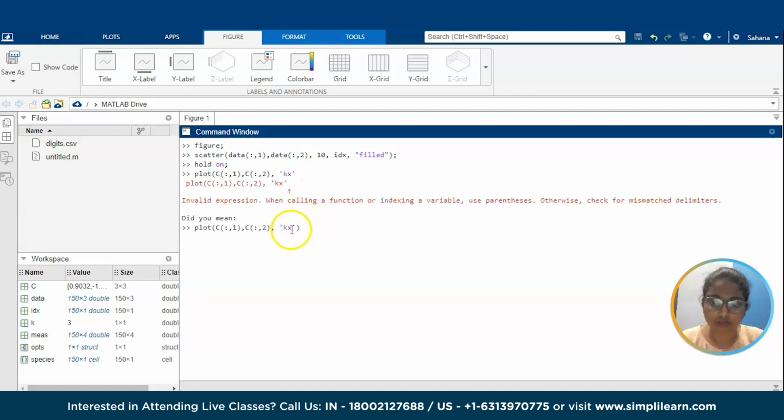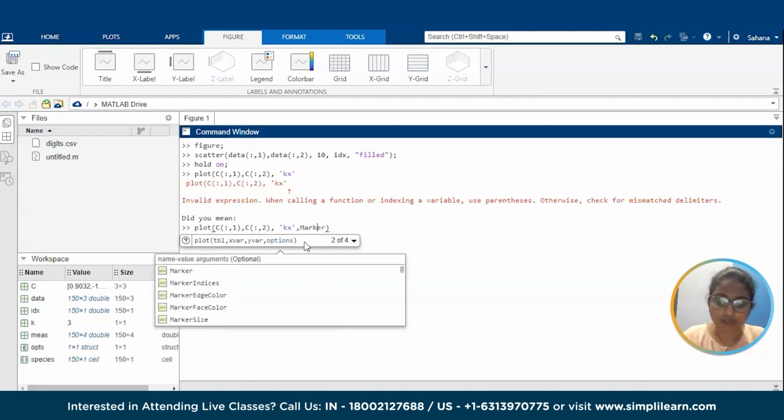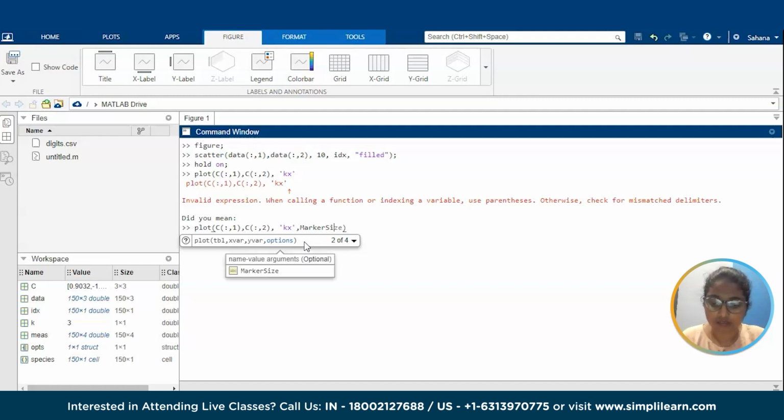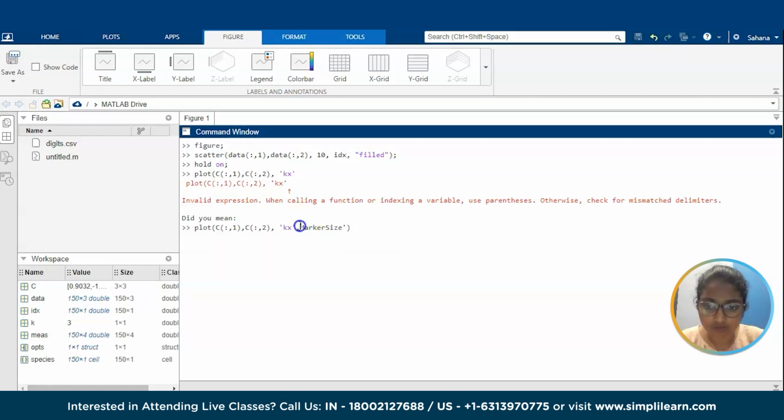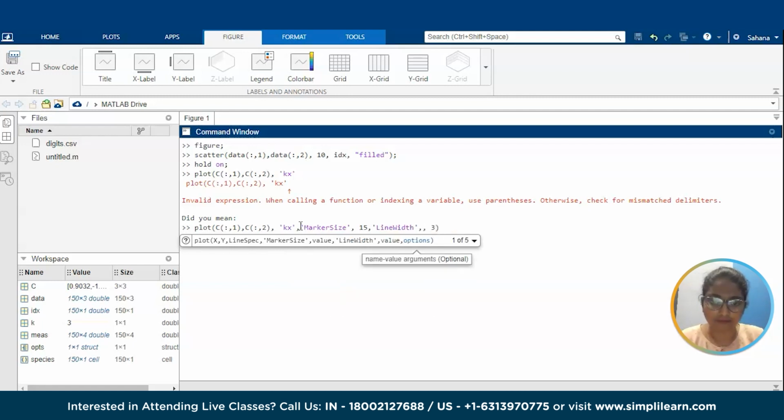Markers. Sorry, I just forgot to mention the marker size. I'll give it as marker size, and I'll specify it. It should be inside the quotes. Specify the marker size as 15, comma, and I'll specify the line width should be 3. Close with a semicolon,